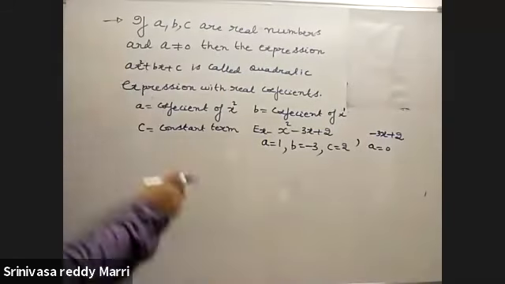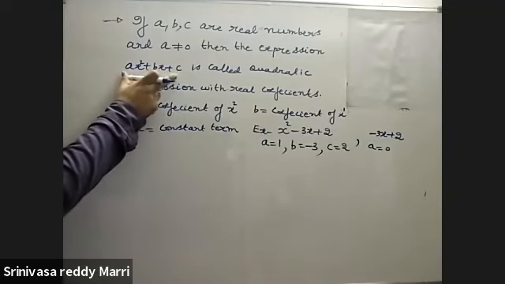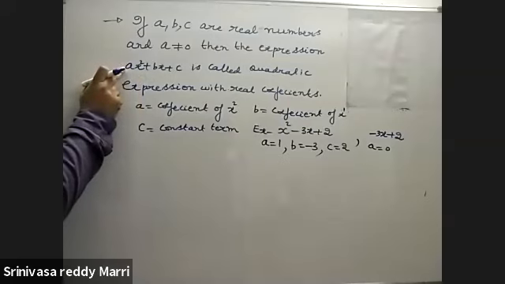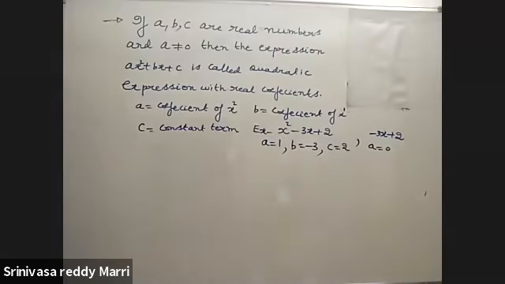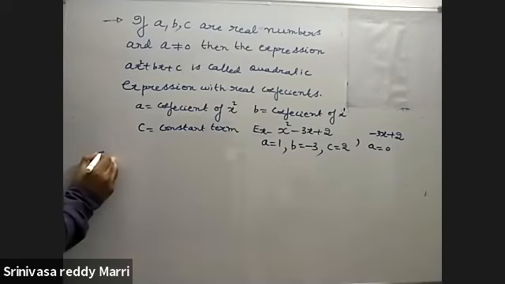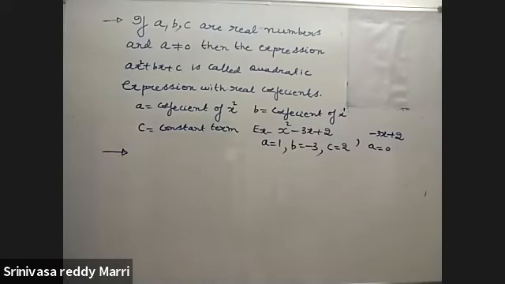That's why for this to be a quadratic expression, that means a second degree polynomial, the coefficient of x square must be not equal to 0. These types of expressions are called quadratic expressions. Whenever the second degree expression is there, it is called a quadratic expression. Okay, so now